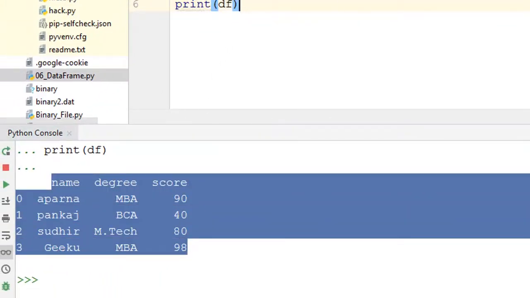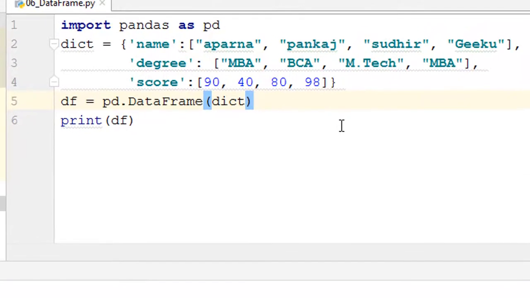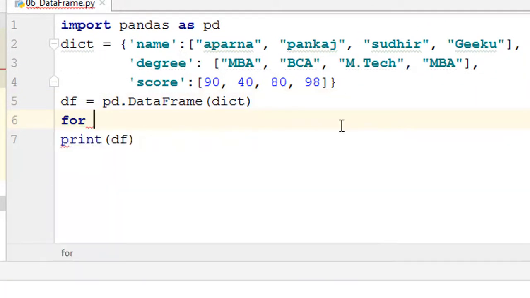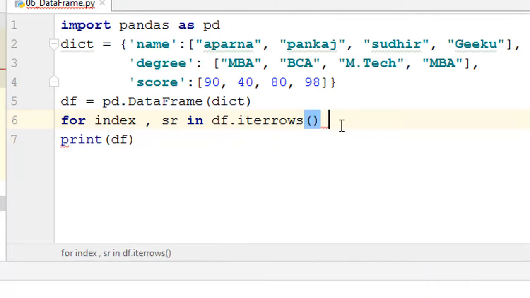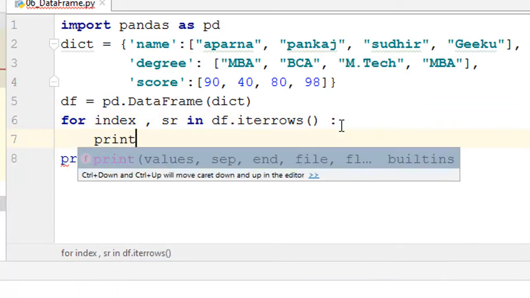So let us now iterate using iterrows. For you have to specify i, j, or let's say a more meaningful name would be index and series, sr, in df.iterrows, and then print only the index.